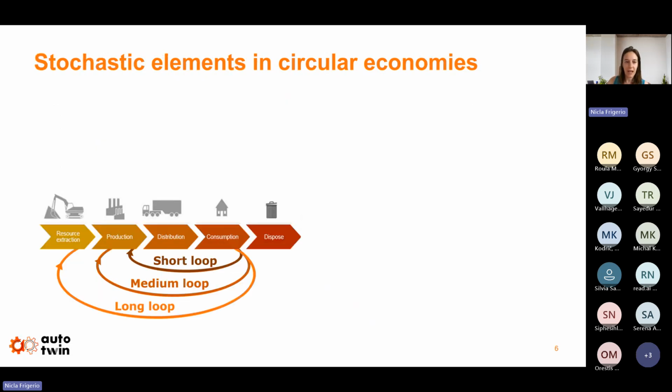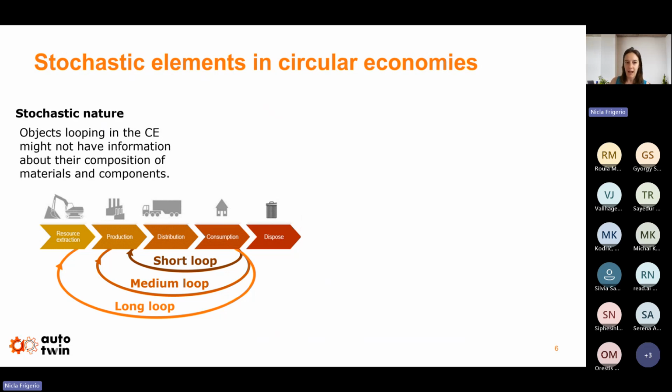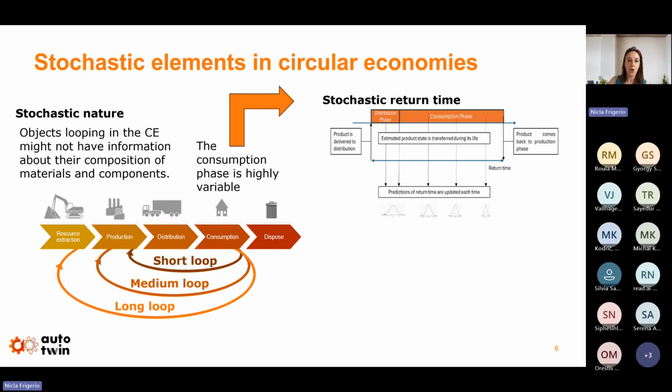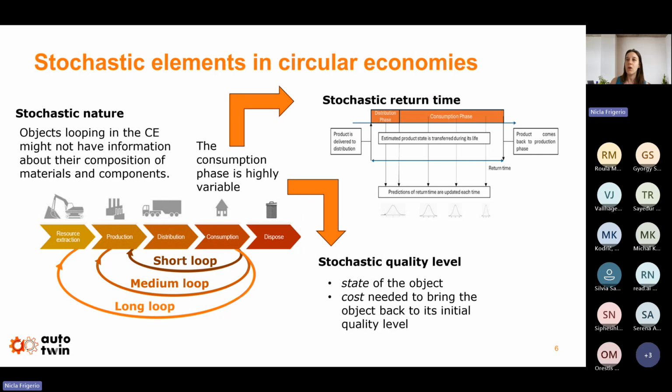And then the last point was related to stochasticity, because of course there is a stochastic nature of material and processes, and we cannot get rid of stochasticity in total, let's say. Also, the consumption phase of a product is highly variable. And we have stochasticity in the return time of a product, but also in the quality level of the product that comes back.